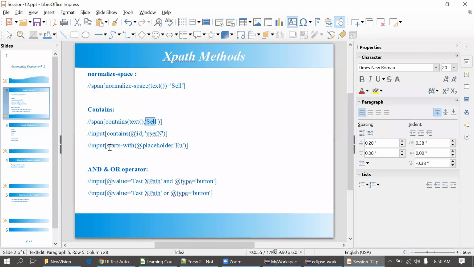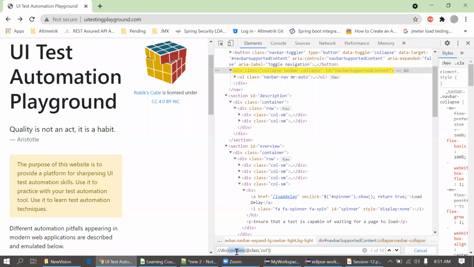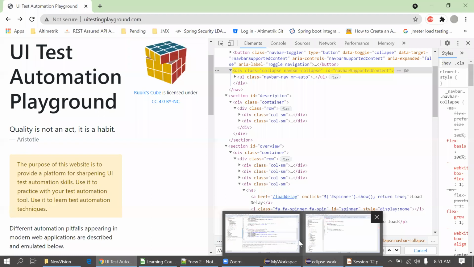Similarly, you can use starts-with. Okay, it's similar to contains, but it will just match the starting pattern. Okay, so this also we can use in the locator. I will just put starts-with here, and I will put some name here, some kind of collapse.